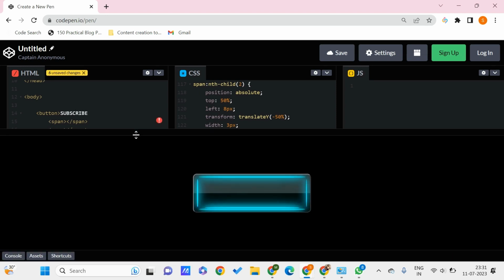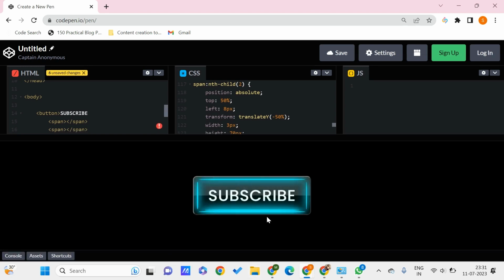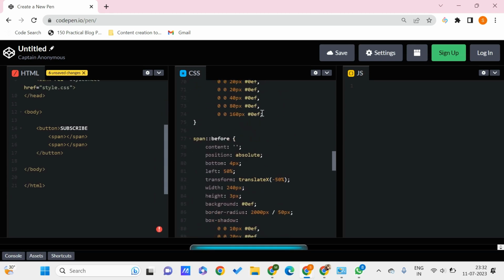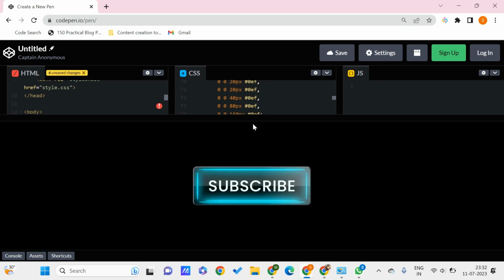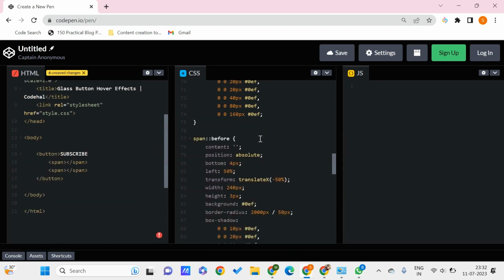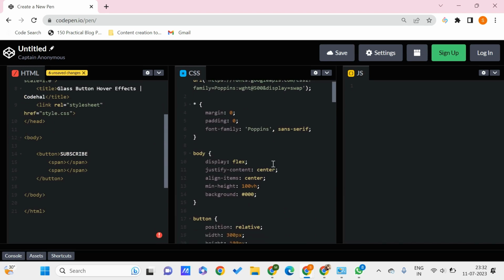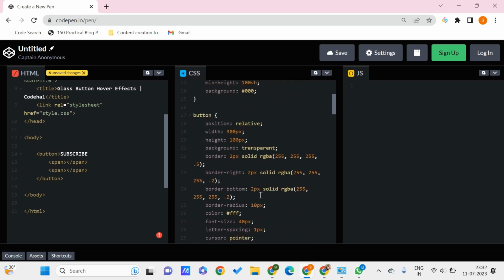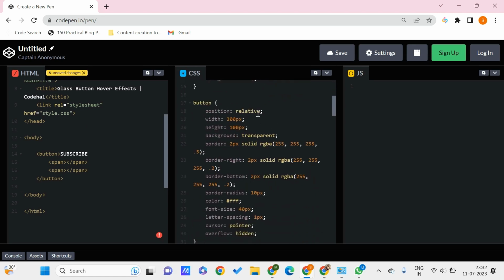So let's say this should be my text, and here you can see how this button looks now. Then here we have the CSS code, where the main part is, because this is a CSS button, so everything that we are doing, all this transition which is on hovering, is all done by using the CSS. Here we are using this body, and whatever adjustments you need, you can get from the code which is in the description. In the button, we are giving its position, its width, its height, and